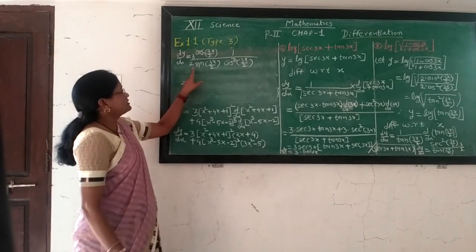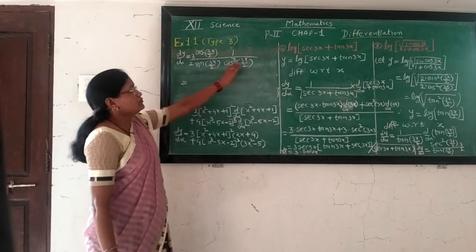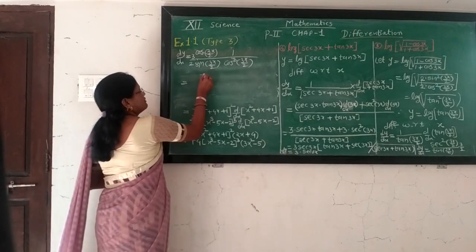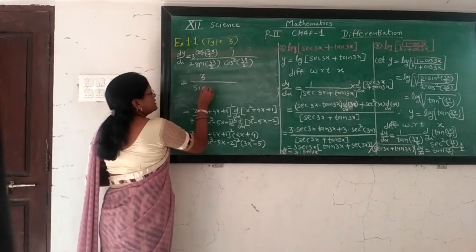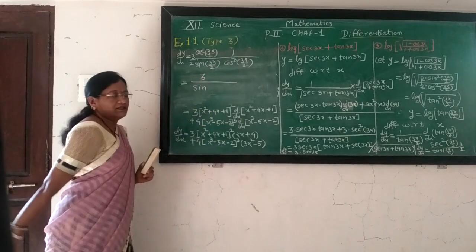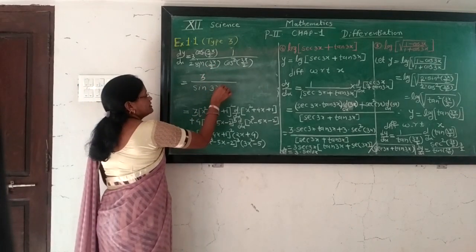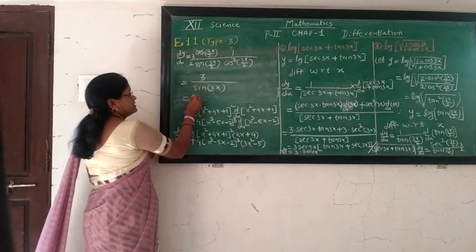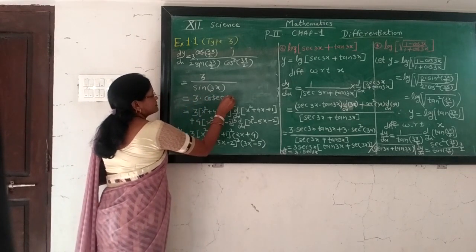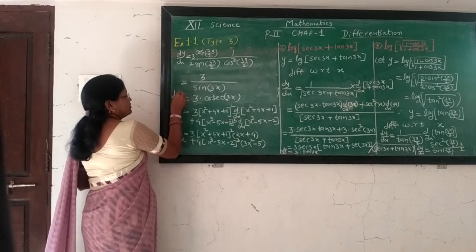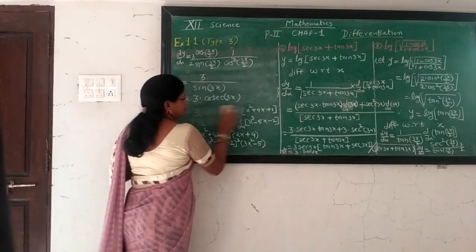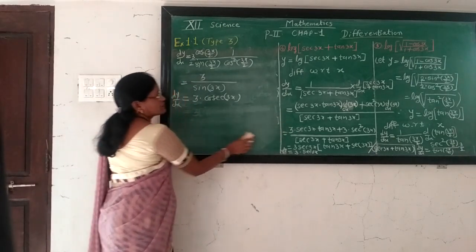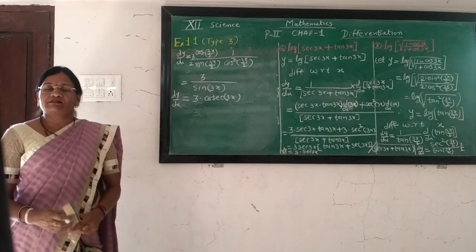Now bring this term to the denominator: 2 times sin theta into cos theta, supposing this is theta. 2 times sin theta into cos theta is the double angle formula for sin. So the value becomes 2 times sin of the double angle of 3x by 2, that is 3x by 2 into 2, which is only 3x. So the result becomes 3 times 1 upon sin 3x, or you may write 3 times cosec 3x. So this is dy by dx, the derivative of the function log of under root of 1 minus cos 3x upon 1 plus cos 3x.